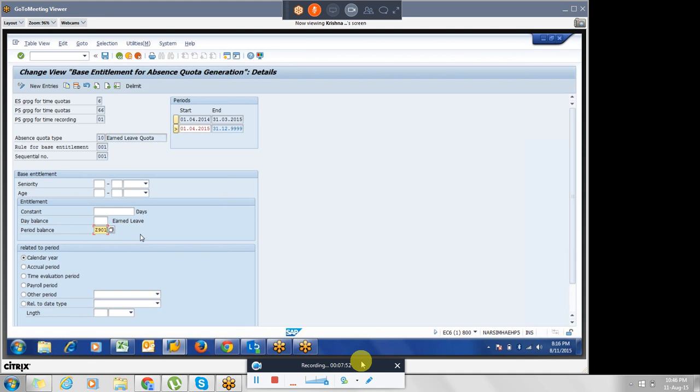As I mentioned yesterday, time type is similar to wage type, but in the wage type we can store rate, amount and number, and in the time type we can store only HRS. That is the number. Whatever the number, it will be stored when you generate the time evaluation through our PCRs. And if you are pushing to the month balance table, that is the Salado table, you have to configure in this field. If you want to use the day balance table, you have to give it here.